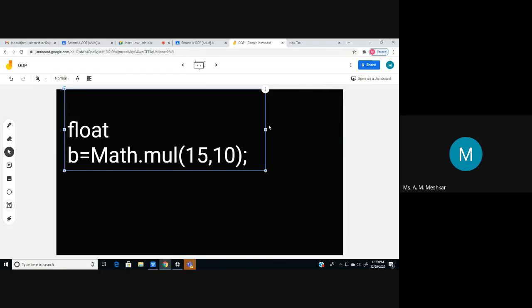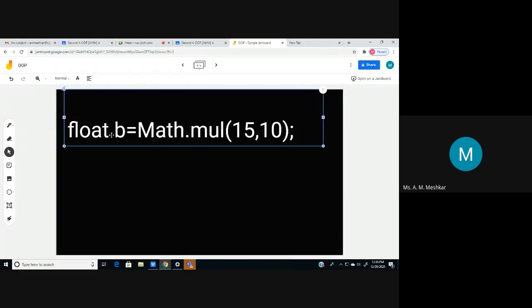Okay, so what this statement will do, it will execute the static method multiplication, okay, 15 10, and it will assign it to the b. So basically what you are doing here, you are using the class name and then dot operator, okay, to access the static method. So remember the static methods are not accessed using the object name but the class name. And if you remember,